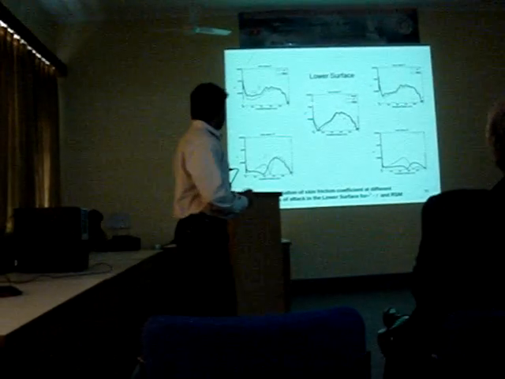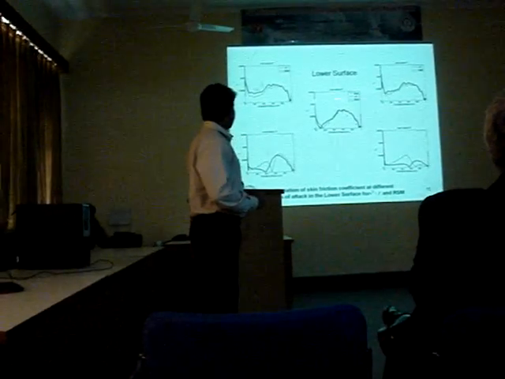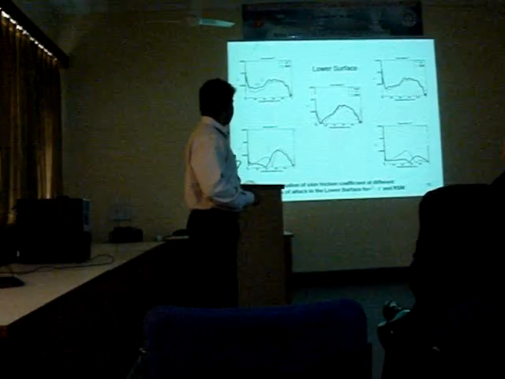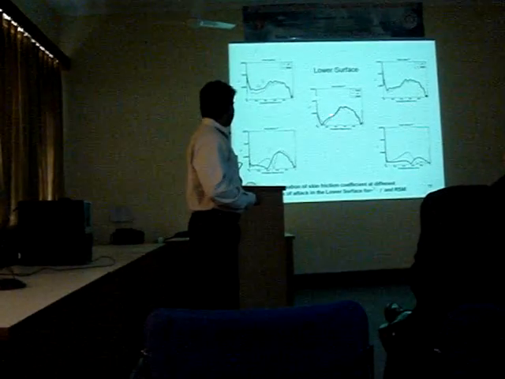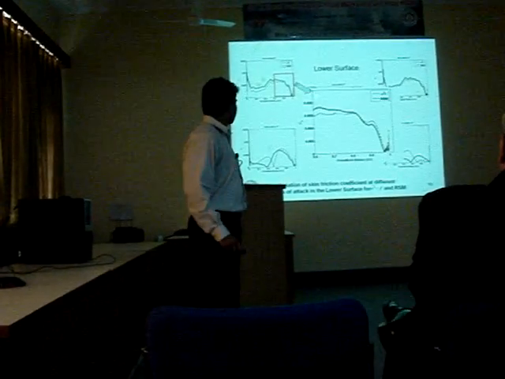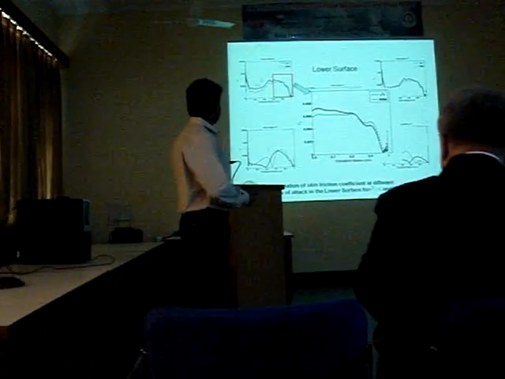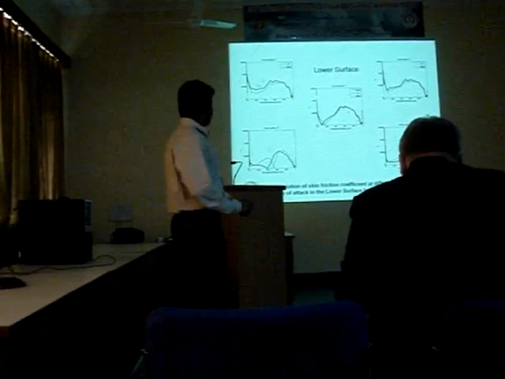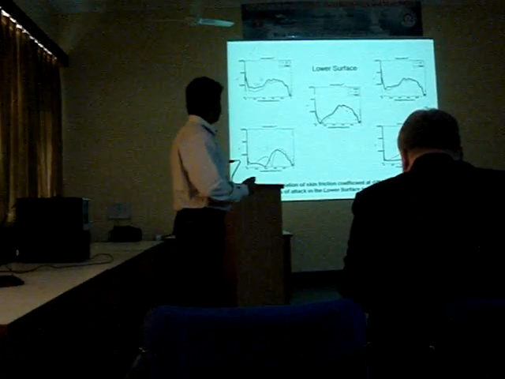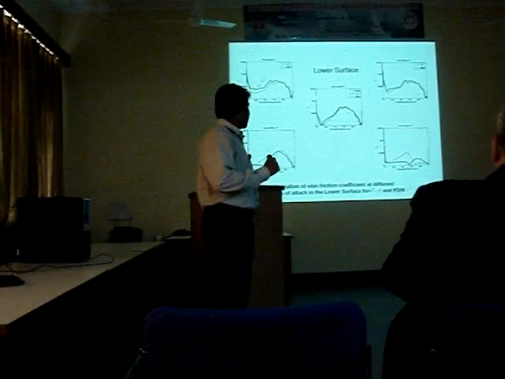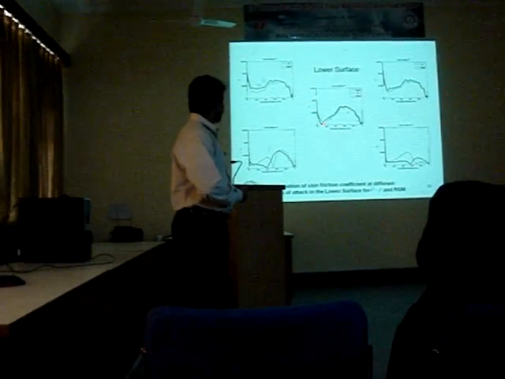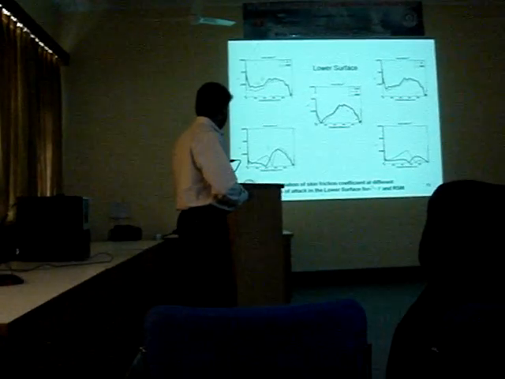This graph shows the variation of skin friction coefficient at different angles of attack. This is 0 degree, this is 3 degree, 6 degree, this is minus 3 degree, minus 6 degree. Here you can see there is a detachment at X by C 0.2. As we know, the skin friction coefficient will decrease in the concave surface. But if you see here, in the concave surface, skin friction coefficient is increased at the location X by C